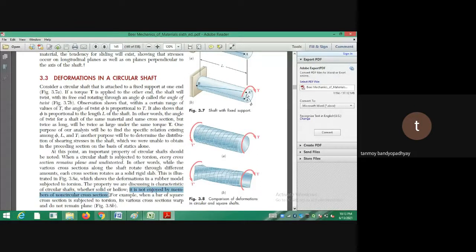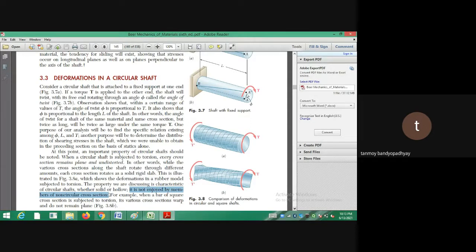Why? Because it is most commonly used. We don't use rectangular or these sorts of cross sections as shafts. A bar generally has a rectangular cross section. When you are talking of a shaft, it's a circular cross section. Whenever you call something a beam, it is always subjected to bending. Beams don't carry torsion. What carries torsion? A shaft carries torsion. Okay?